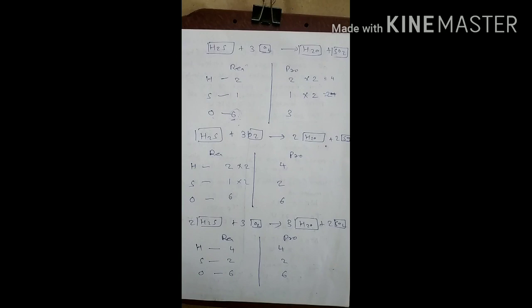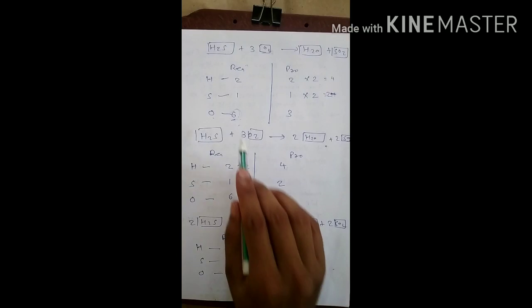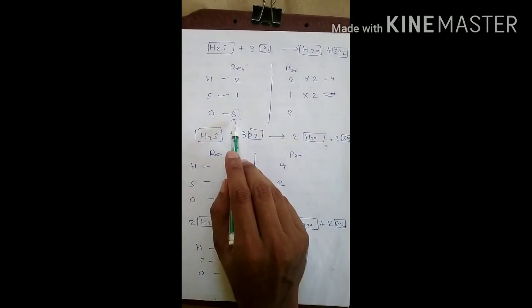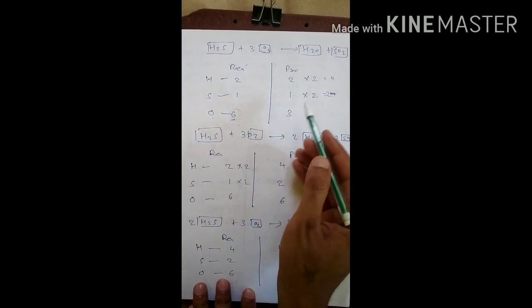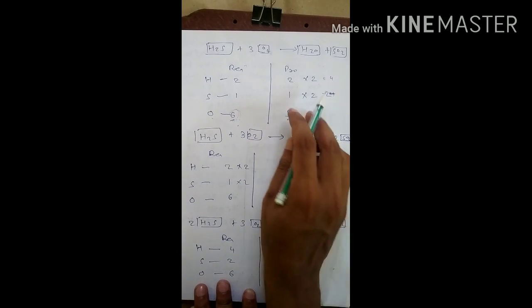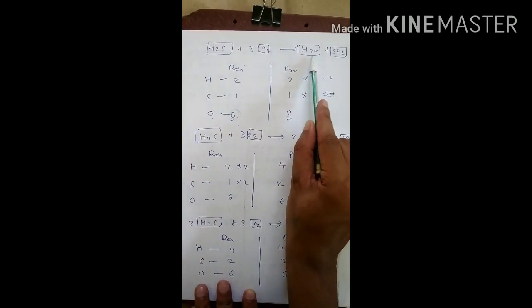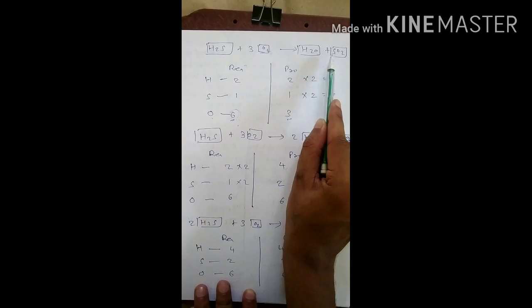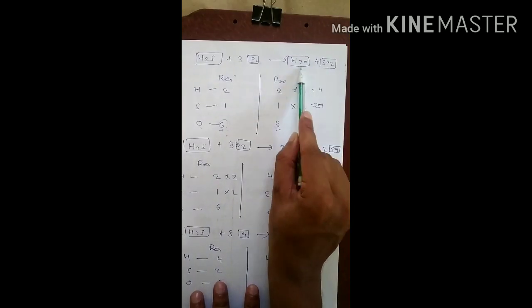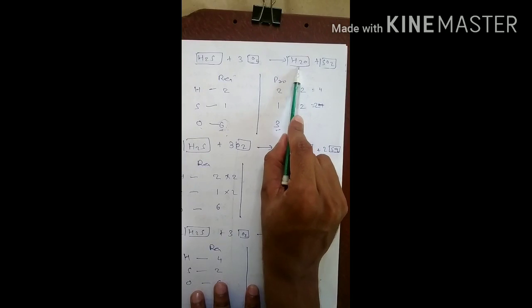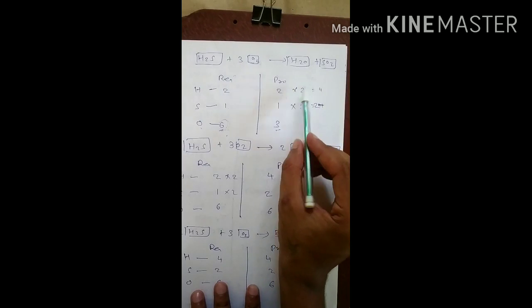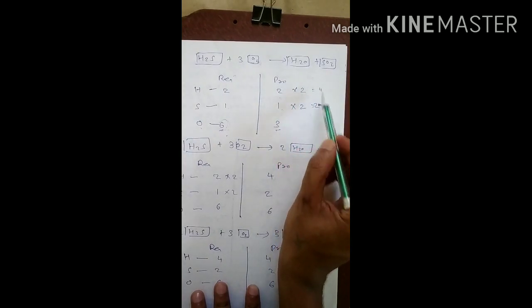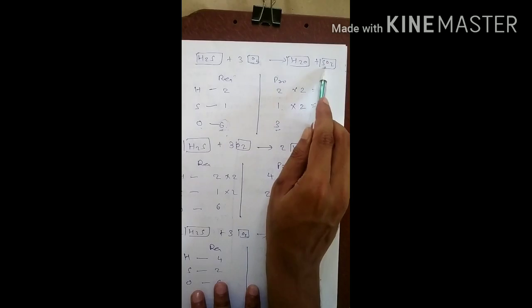Now I have to make a change on the product side to make it even. Okay, so we will have to double it as well. So I am going to change the number of oxygen atoms here. Now I have two molecules that have oxygen atoms here. There are oxygen atoms inside both molecules. You can see here. So I am going to multiply both by 2. So 2 into 2, 1 into 2. I am going to multiply both by 2.